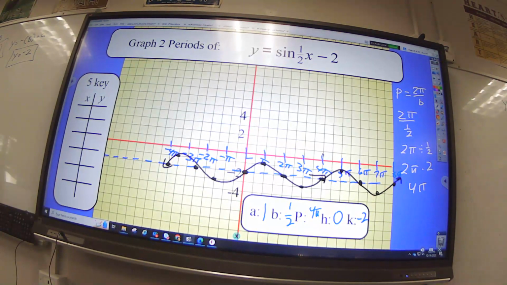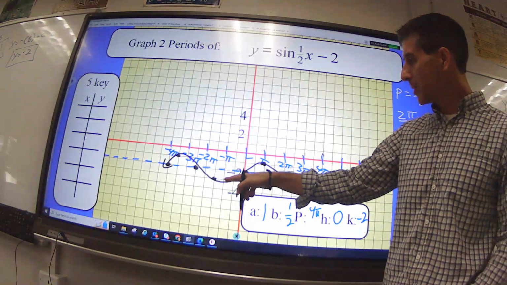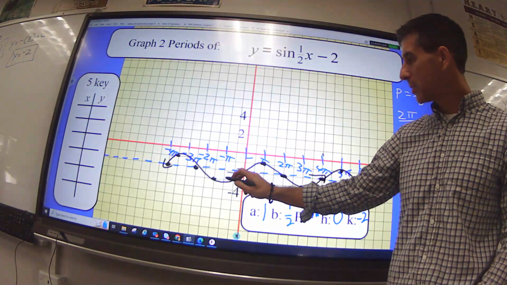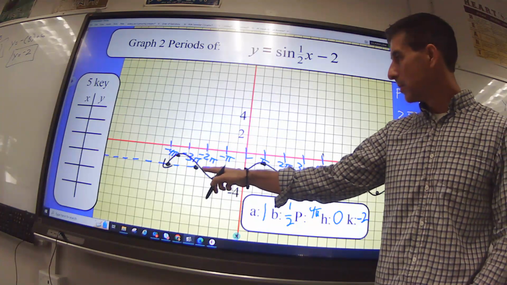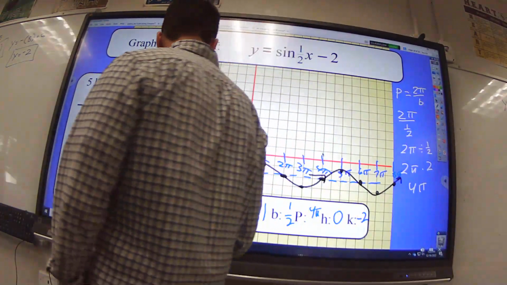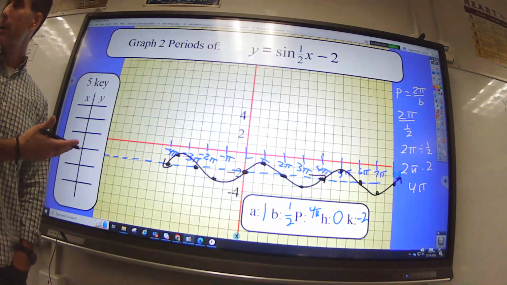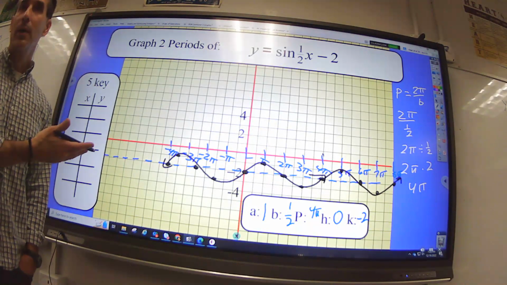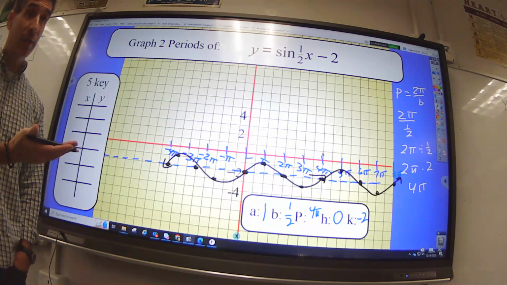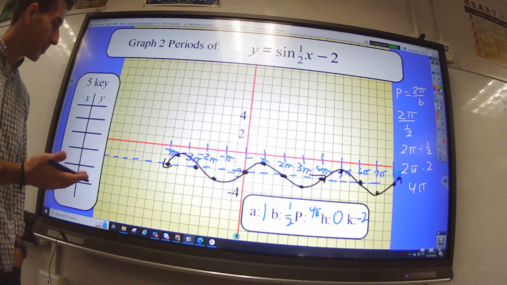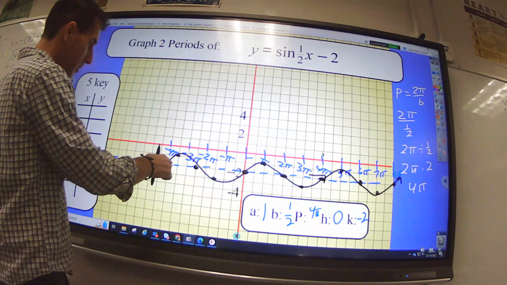Or did I miss? Right here. Look at this. I missed this one right here, right? It should be here. Oh yeah, look at that. So you guys see what I did wrong? This was easily correctable. But how did I notice it was wrong? By doing the eyeball test. I said, whoa, that doesn't look right, right? So anyway, this should have been,